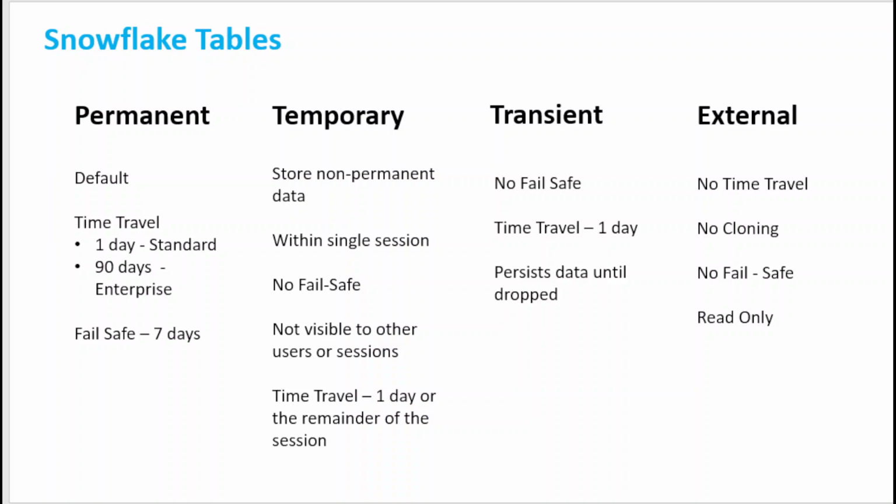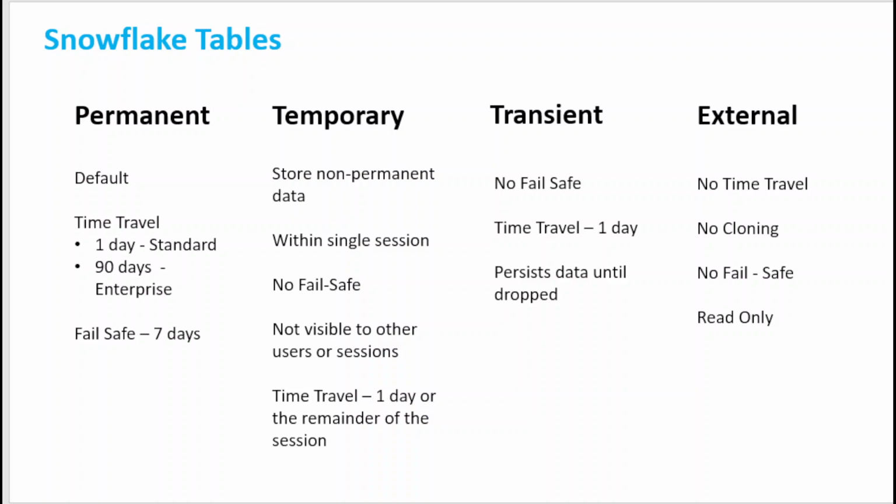This is one of the most important features within Snowflake, and it is also based on the Snowflake edition that you are using, whether it's a standard edition or an enterprise edition. So in standard edition, you can get up to 1 day of time travel, but if you're using an enterprise edition, you'll get up to 90 days of time travel. So if you are using a permanent table and it's an enterprise edition, you can get up to 90 days